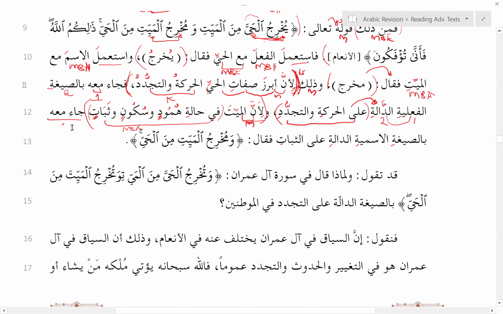All right. So جاء معه, we said معه is a muta'alliq number one. Well, actually there's a bunch of muta'alliqs here, like we've uncovered. بالصيغة, there's another muta'alliq. And الصيغة الاسمية الدالة, again, موصوف صفة here happening. So this is our موصوف. And then صفة number one, صفة number two, just like we saw in بالصيغة الفعلية الدالة على. And of course, على الثبات, this is متعلق to الدالة because على is married to الدالة.